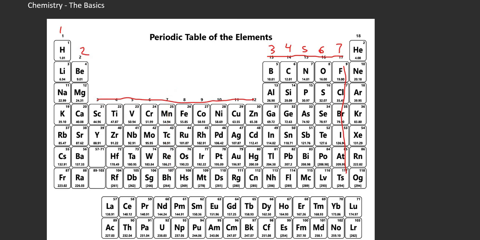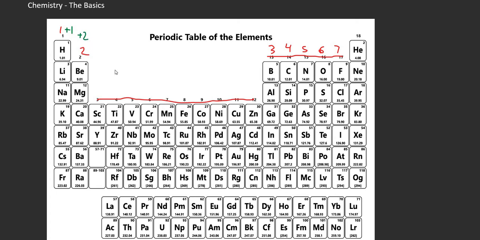Now if you have your own periodic table, if I were you, I would probably mark this up as much as possible. The first thing I would mark on here is charge. So these groups tend to have charges associated with them. For the most part, certain elements within these groups have certain charges associated with them. So group 1A is always going to have a +1 charge. So every element in this group has a +1 charge. Same can be said for